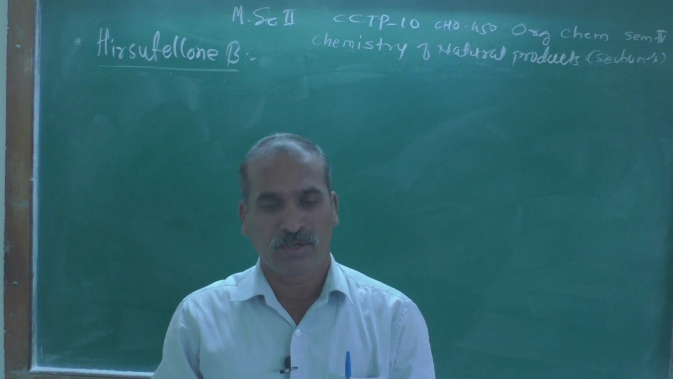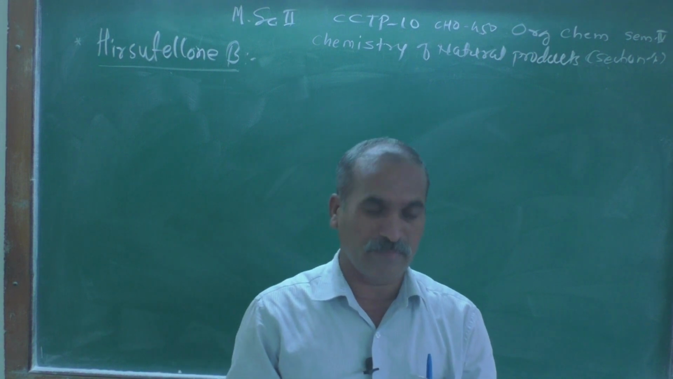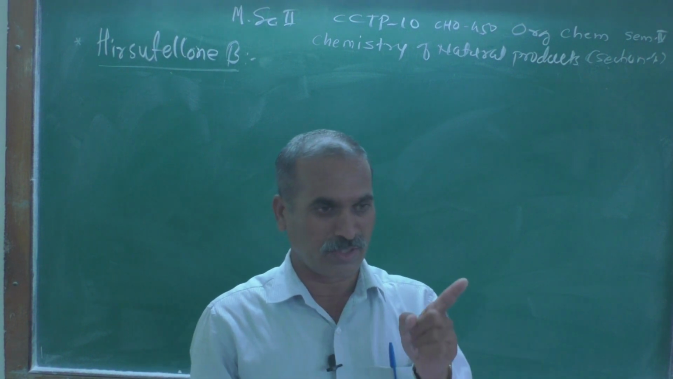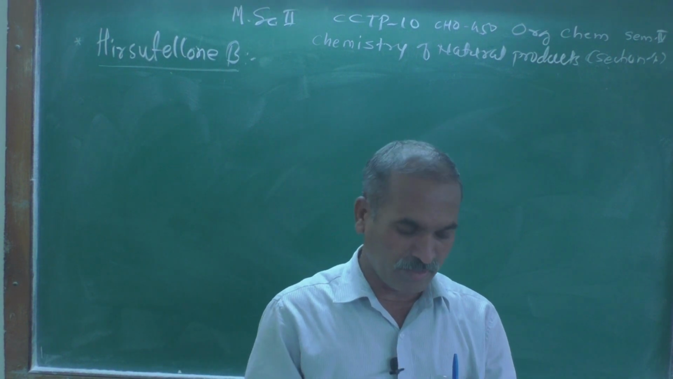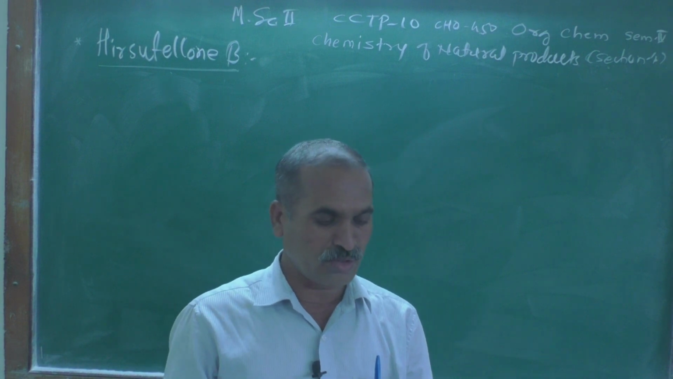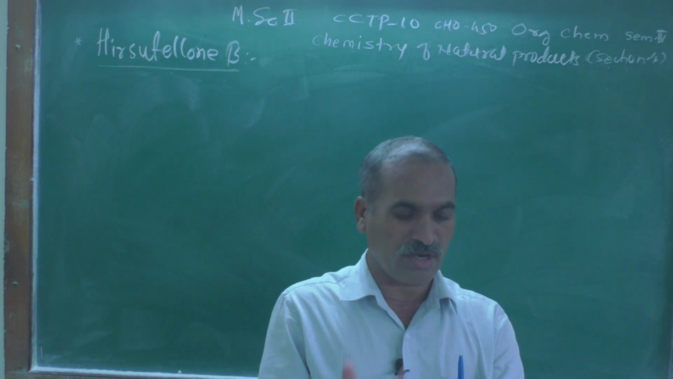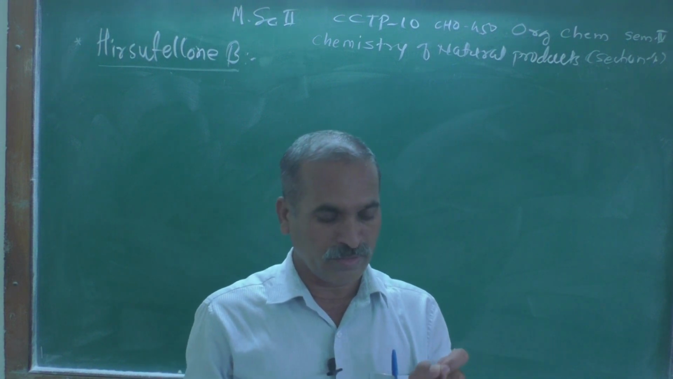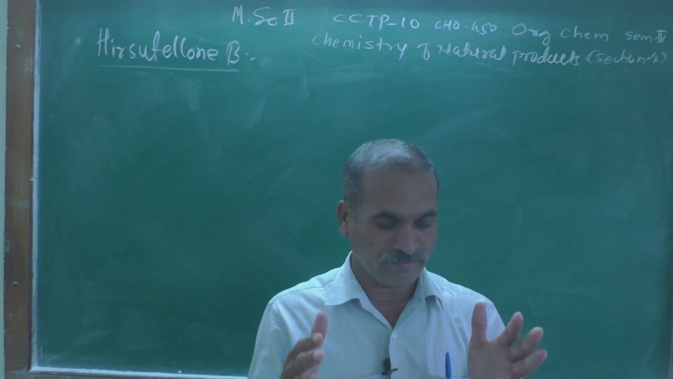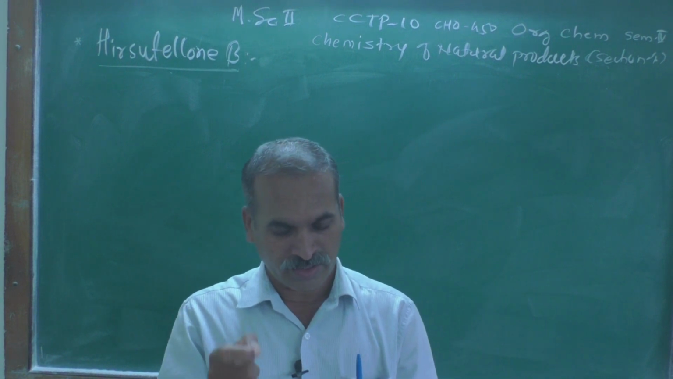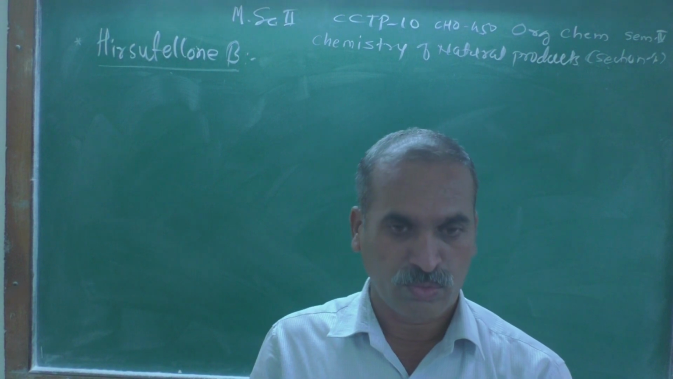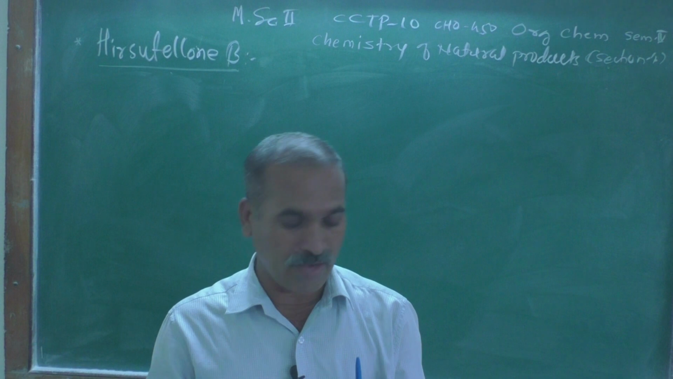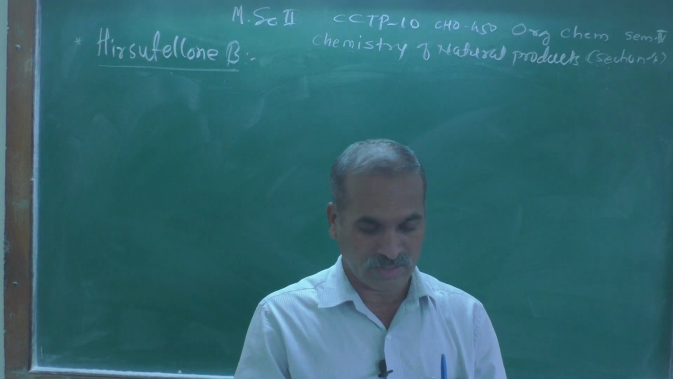Do you remember what we were discussing yesterday? Yesterday I think we were discussing scheme number 2, and that scheme number 2 is an enantioselective construction of hirsutolone core 5 and carbamate 12, how they have derived it, that we have discussed